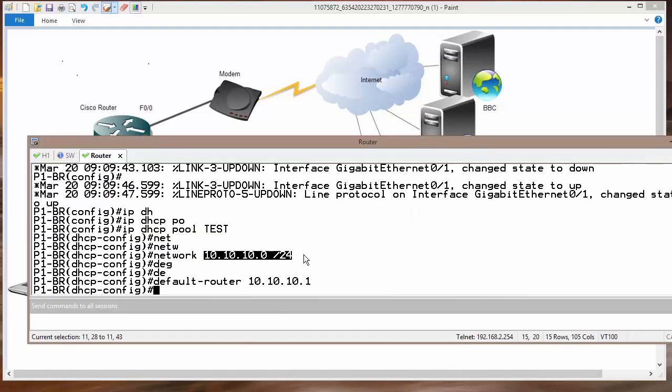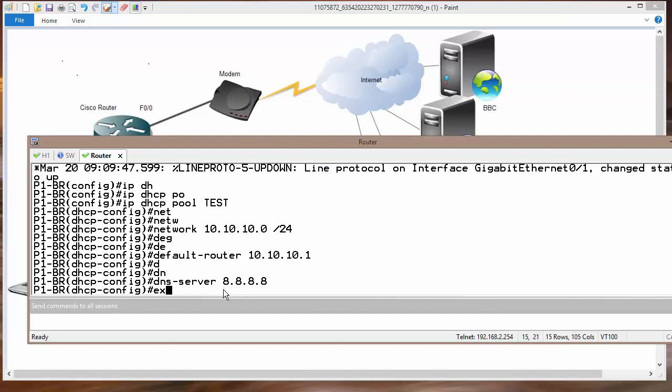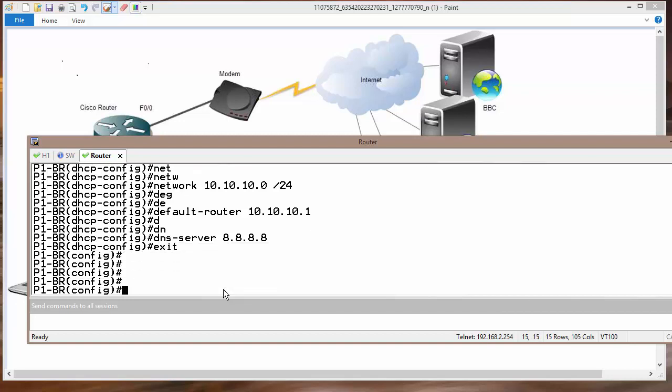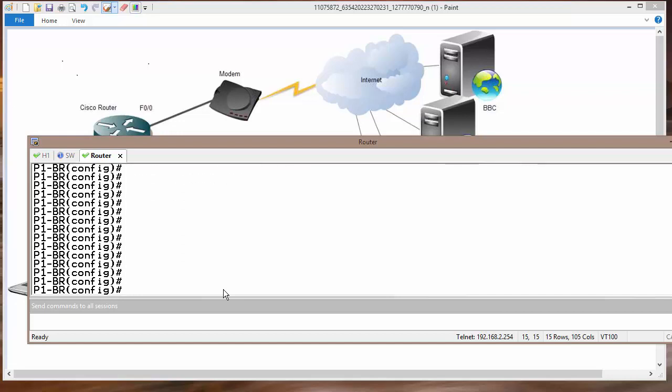So this is the network along with the subnet mask, default route. We also have a DNS server. In my case, I'm going to use Google public DNS server. You can use whatever DNS provided by your ISP. Next thing, we also need to enable default route in the direction of your DSL router.